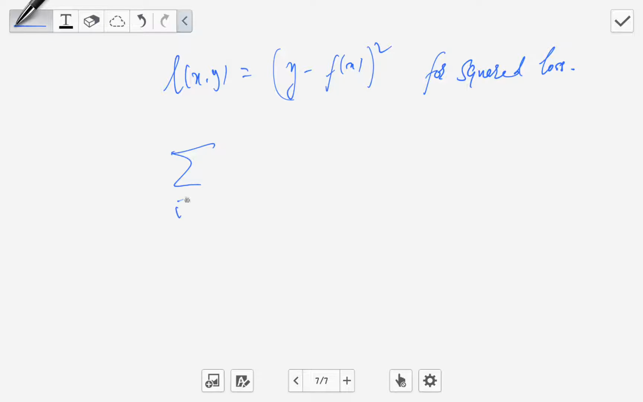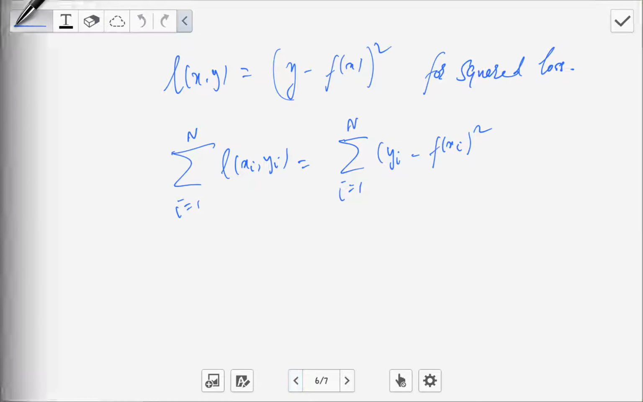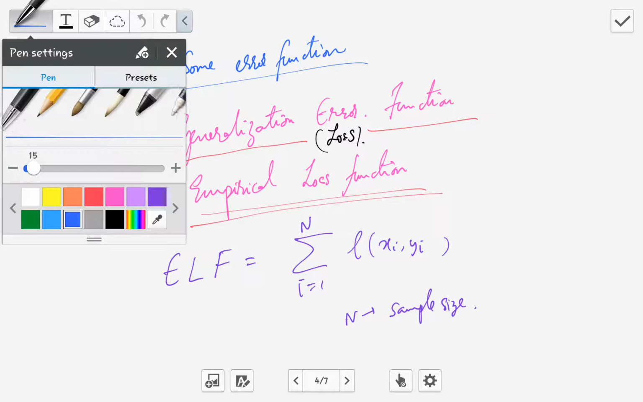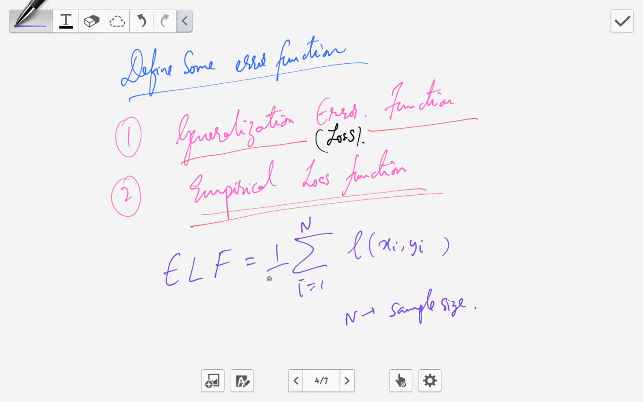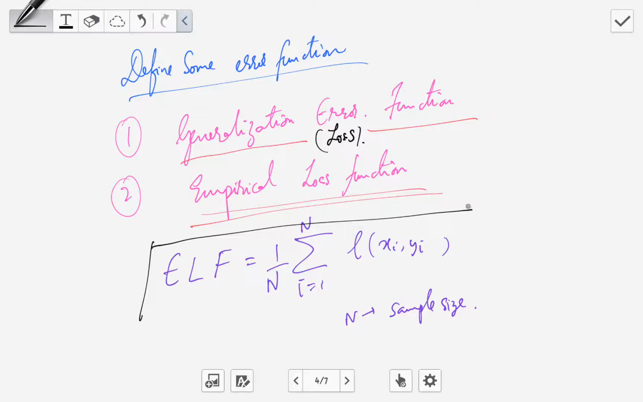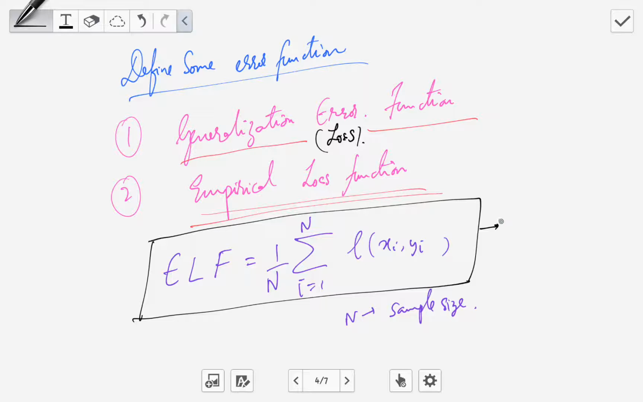Now sigma i equals 1 to n, L of xi, yi is sigma i equals 1 to n, yi minus f of xi squared. The other thing, here we divide it by the number of samples whenever we want, so that the numerical explosions do not occur. Do you see that? Just a normalization kind of thing. So this is the normalization,